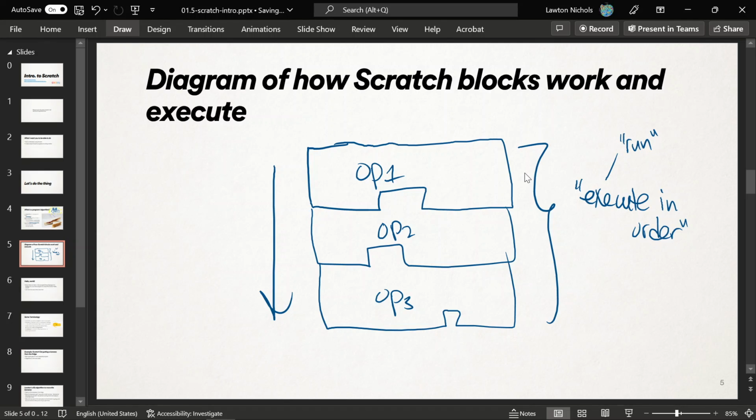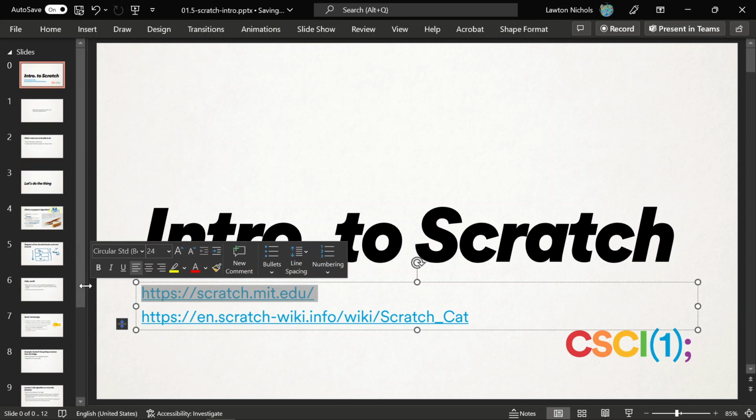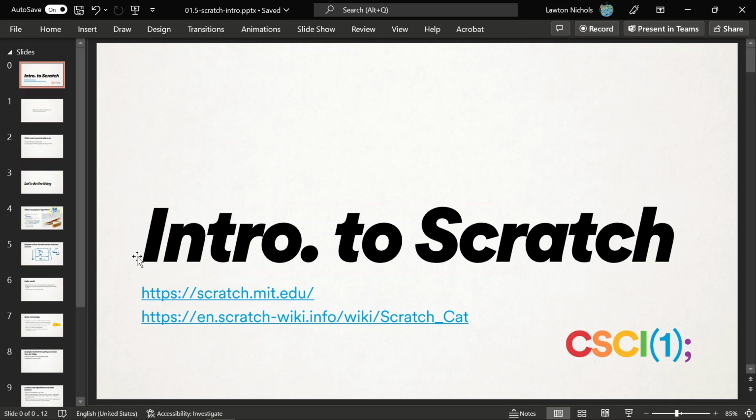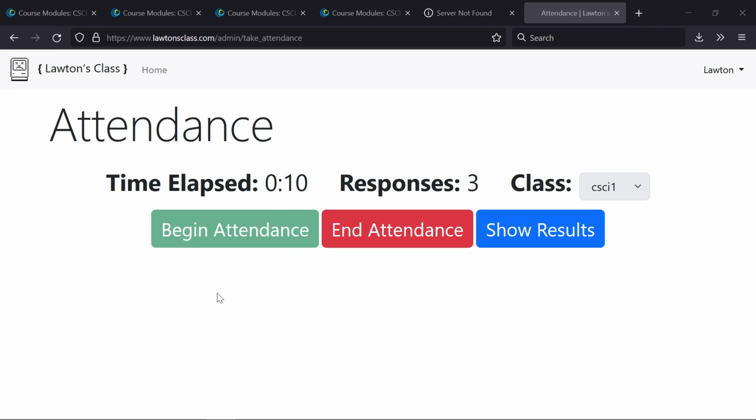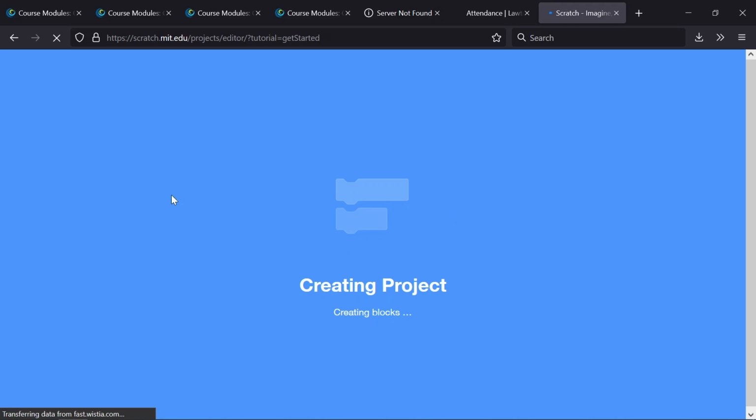Okay. So that's the kind of programming language that we're going to make, and it's called Scratch, and it lives at a website called scratch.mit.edu. So let us all go there. Scratch.mit.edu. This website up there. And once you get there, you'll click Start Creating. Scratch.mit.edu, start creating, and it will plop you into a page that should look like this